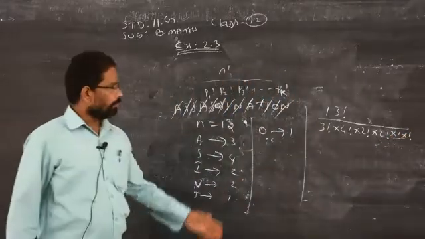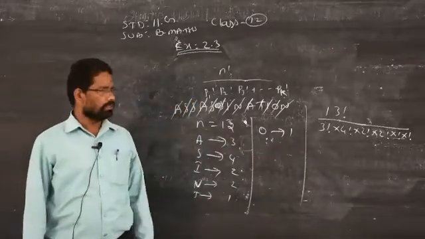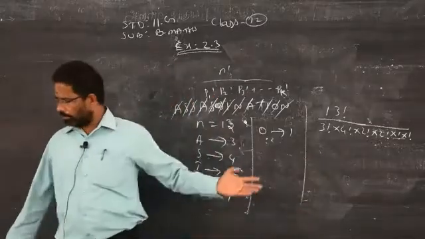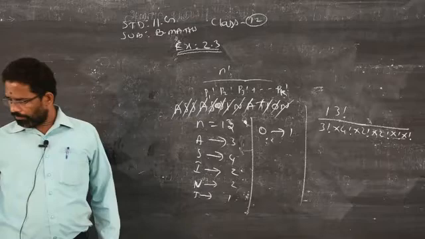That's all. If you want to simplify, you can simplify. Otherwise, leave it as it is. They will give marks. No need to simplify more. Not necessary. If you want to simplify, you can. That is question number 4. Now we will go for sum number 5.